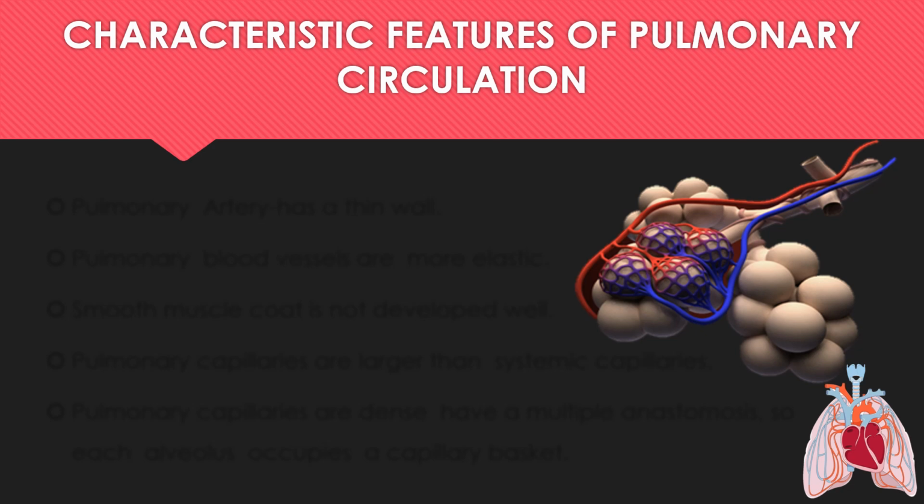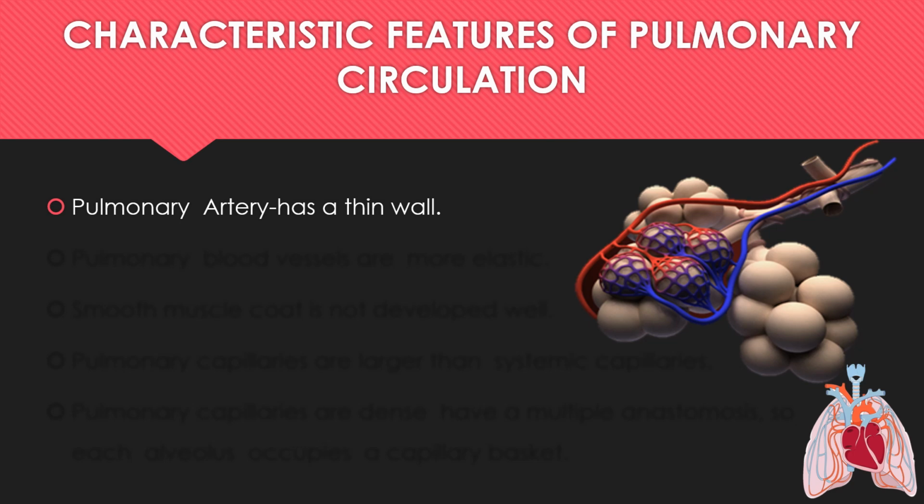The characteristic features of the pulmonary circulation. The pulmonary arteries and their branches are all thin walled and very distensible. This makes the pulmonary artery more compliant, with larger compliance. This makes the pulmonary circulation a low pressure, low resistance and high capacitance system. The pulmonary artery